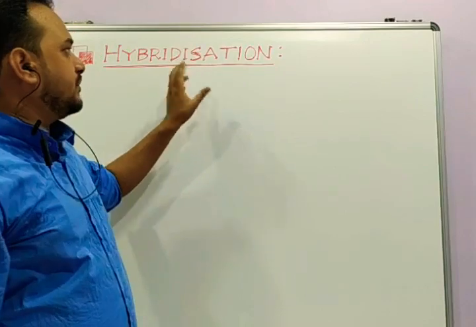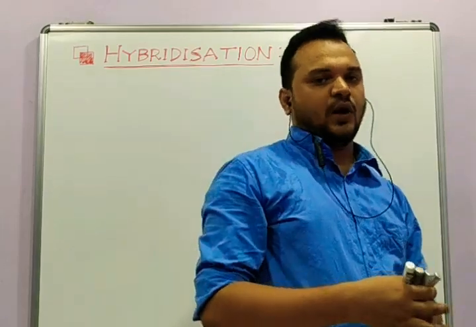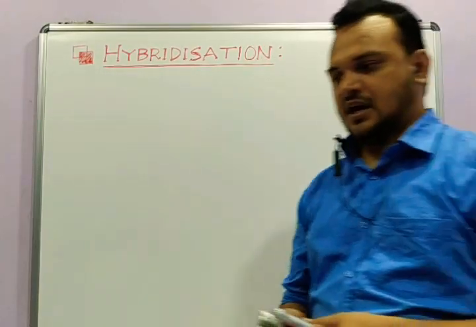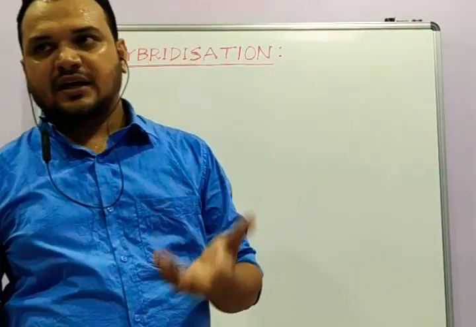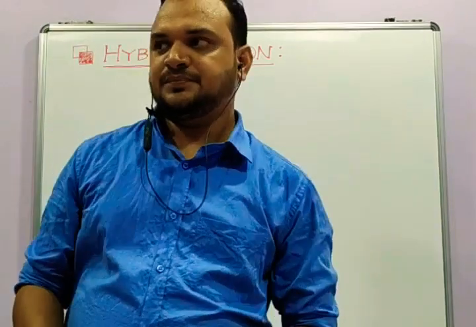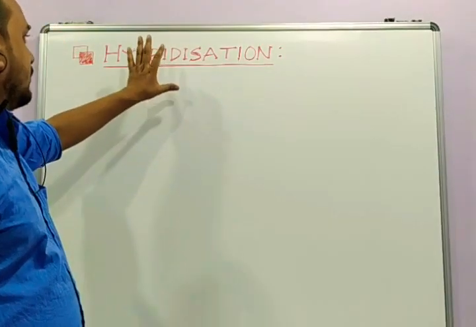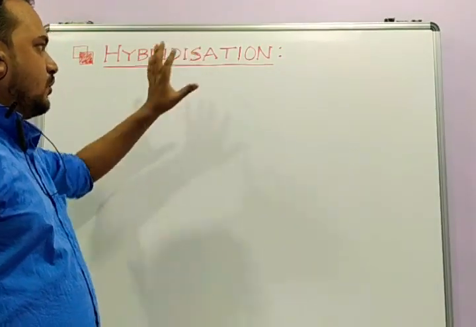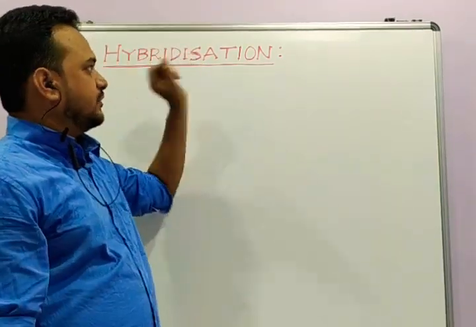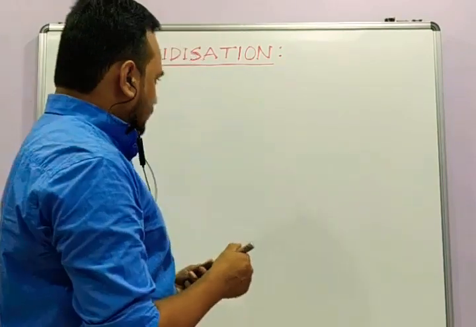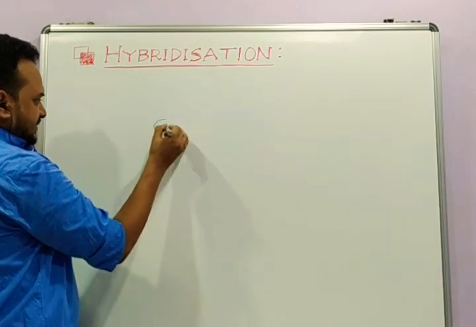Before going into details of hybridization, the first thing we need to understand is why this theory was required. Up to class 10, you know some theory like electron dot structure, Lewis dot structure. So with respect to that, why do we need this theory of hybridization? I will show you a simple example, and then we will go into details. You all know this molecule very well, that is our methane, CH4.